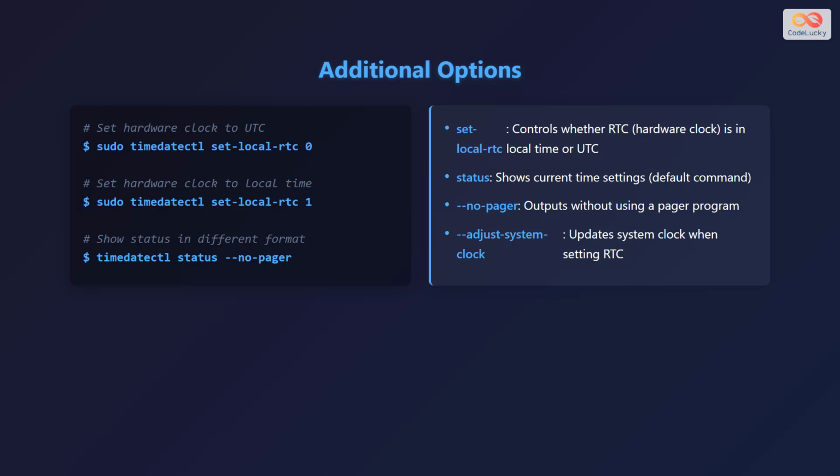Here are some additional options for timedatectl. To set the hardware clock to UTC, use the command sudo timedatectl set-local-rtc 0. To set the hardware clock to local time, use the command sudo timedatectl set-local-rtc 1. To show the status in a different format without using a pager program, use the command timedatectl status, followed by